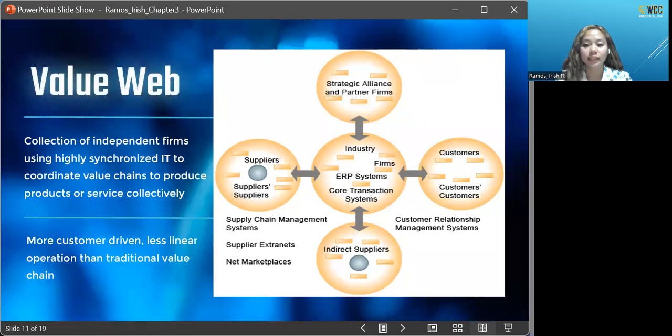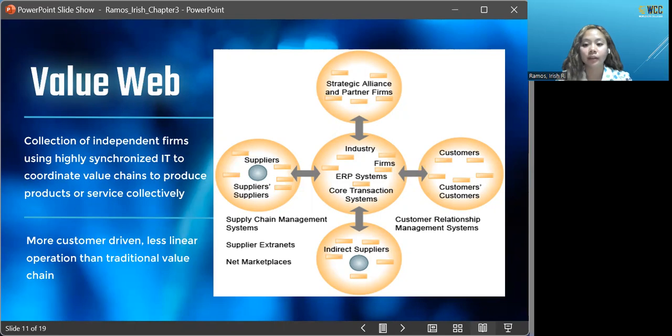The figure demonstrates how the value chains of a company's suppliers, distributors, and clients are interconnected. A value web is a network system that synchronizes the value chains of business partners to respond quickly to changes in supply and demand. The industry value chain encourages the use of information systems to connect with suppliers, strategic partners, and customers more effectively, providing a strategic edge.